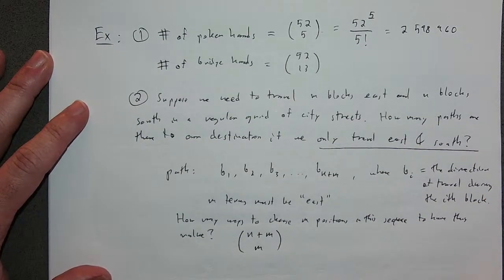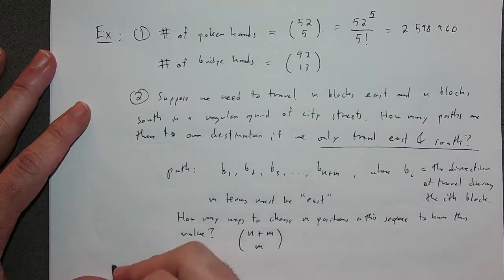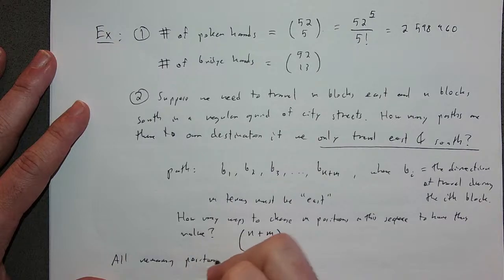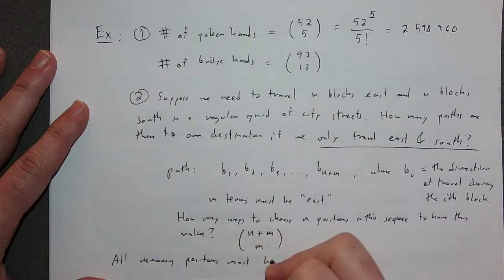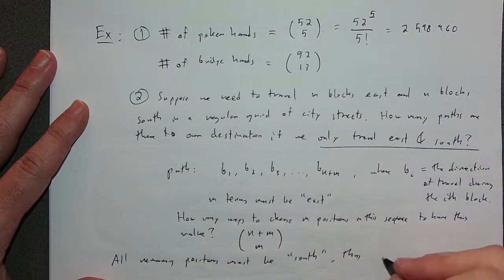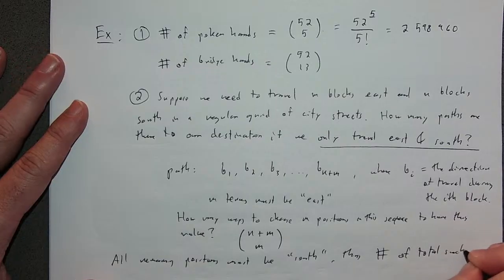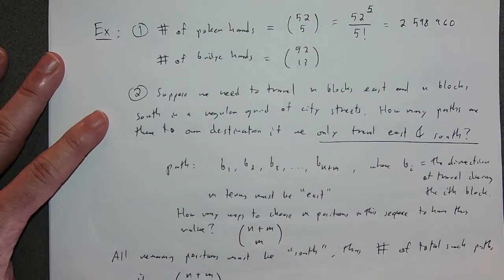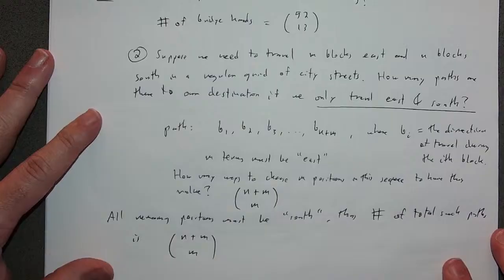Thus, the number of total such paths is exactly n plus m choose m,